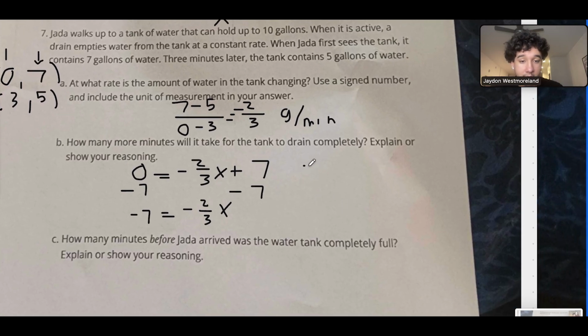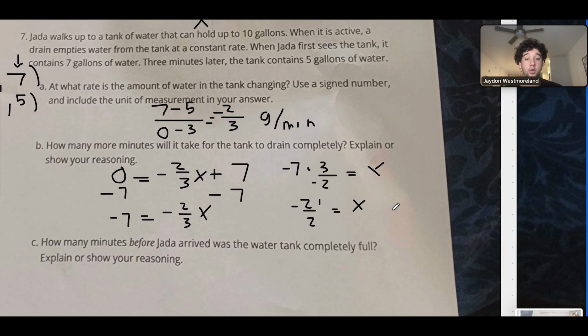So this is the same thing as negative 7 times negative 3/2, which is going to end up equaling 21/2 equals x. Because these are both negative, this is going to be positive. Or in other words,